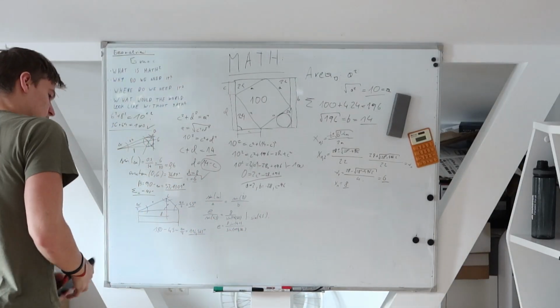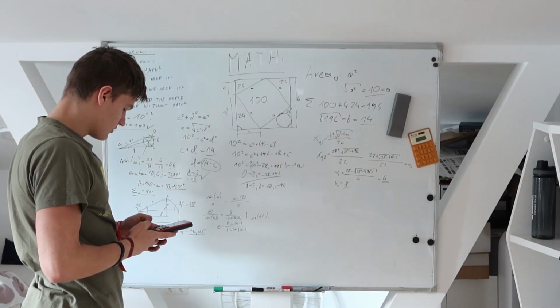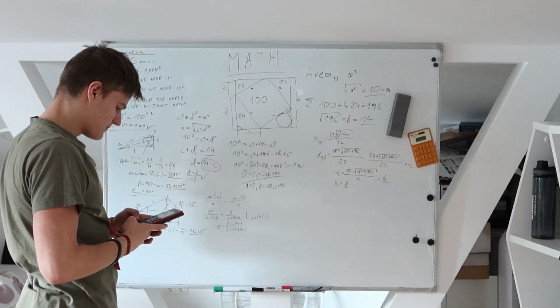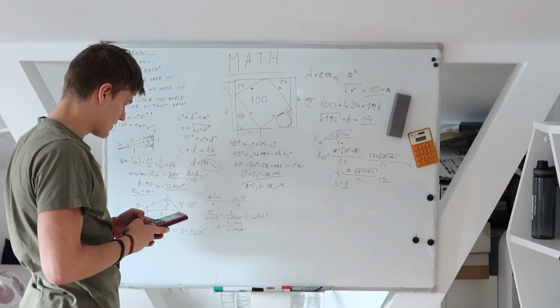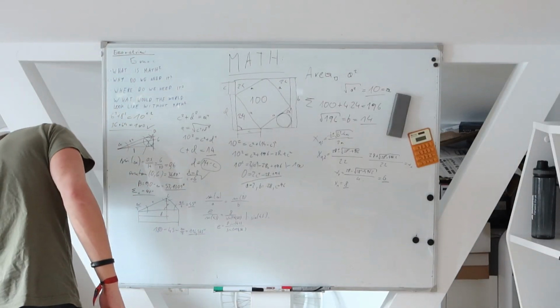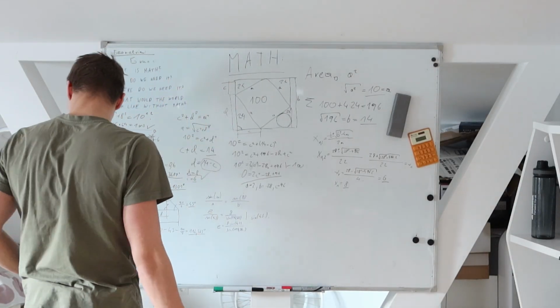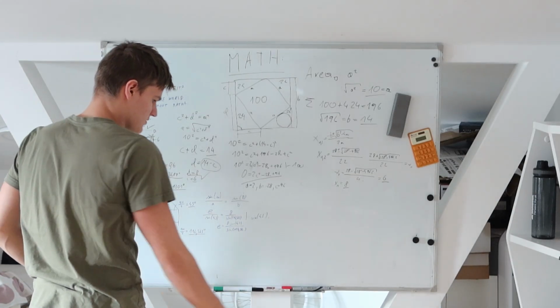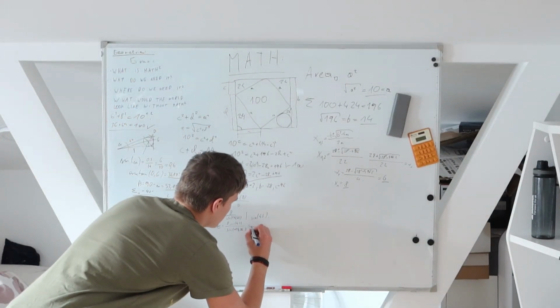Plug this into the calculator, and we get 8 times the sine of 45 divided by sine of the answer, which is just 6.32. Where is it at? It's right here. Okay. So we know that E is 6.32,